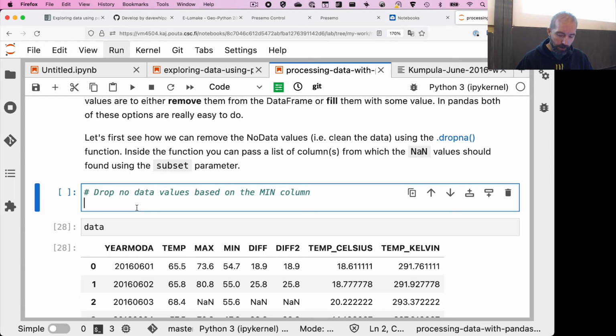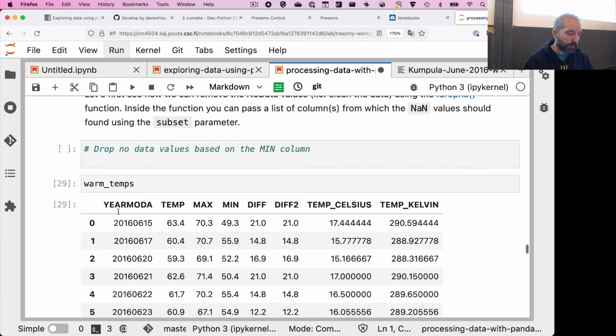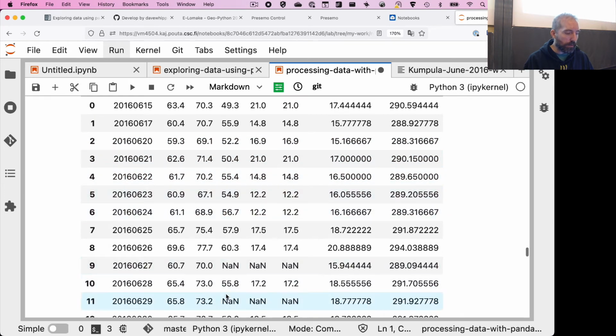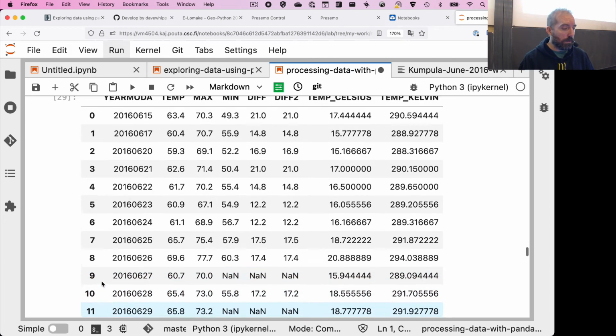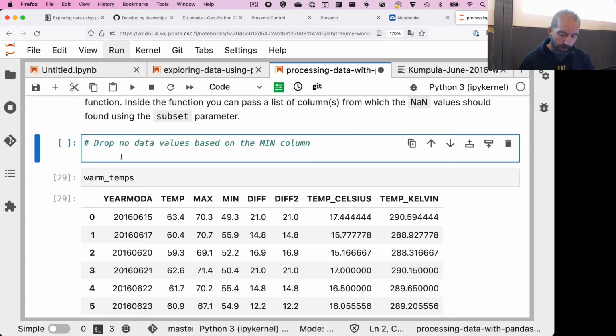The way in which we can drop our data in this case is, let's say maybe we can use our warm temps data frame. Let's take a look at that one first, because I think warm temps is going to be nicer for us to work with. Same problem, that these 2 days toward the end of the month of June are missing data. So row 9 and row 11, we can take care of getting rid of those by using a method here where we say warm